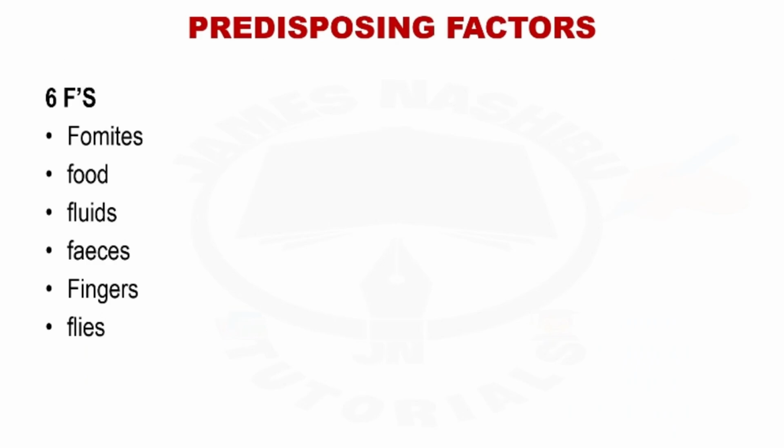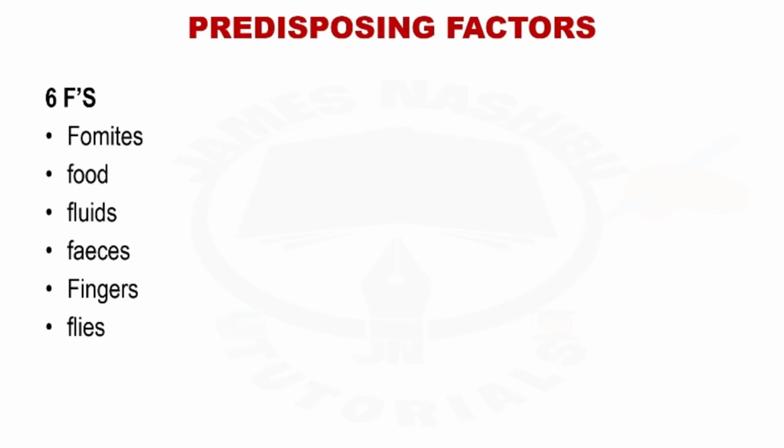Like I said, dysentery, just like other infectious diarrheal diseases such as cholera and typhoid, can be caused by the 6 Fs. The 6 Fs are vomites, food, fluids, feces, fingers, and flies. So what do we mean by vomites? Vomites are surfaces, any kind of surface. If you touch a surface which is contaminated with a bacteria or a protozoa, and then you place your hand on your mouth, or maybe you lick your hands, by any means, you can contact this bacteria.